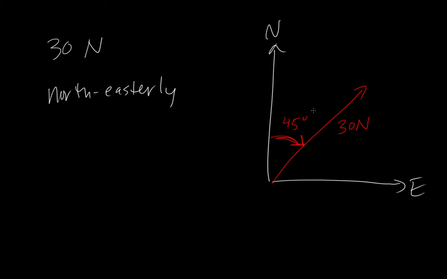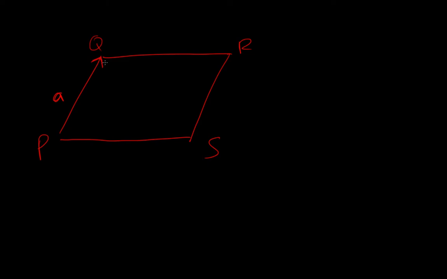Now the next one we need to do, we start with a parallelogram P, Q, R, S. We're going to call this A. It's going this direction. And then B is going this direction. Now, talking about